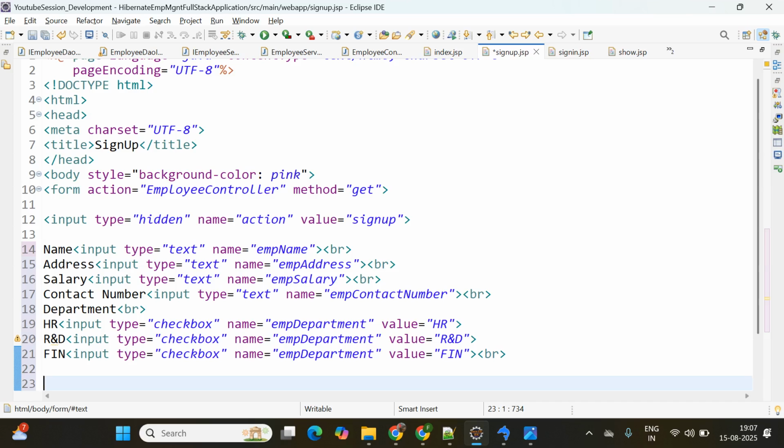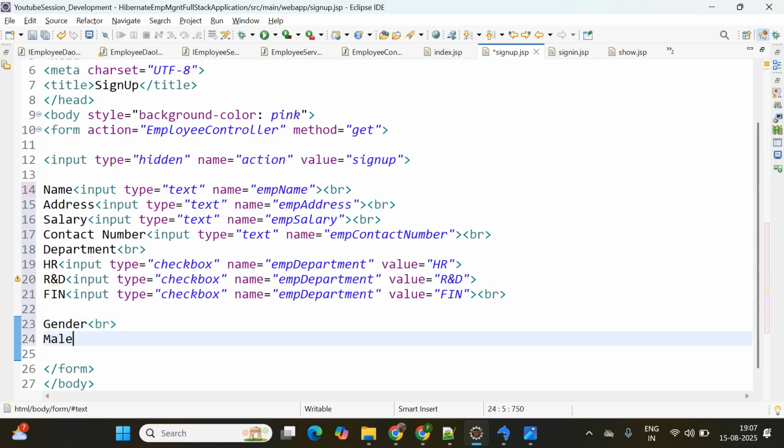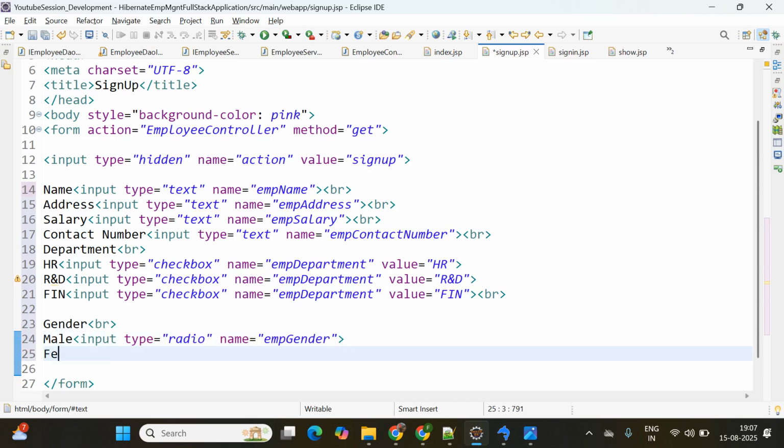Okay, now we'll come up with the next is, we have available gender. For that perspective, you can simply say this will be the gender. Again I'm using here br tag, and this will be male, you can simply say, and the input type equal to, we are giving here, this will be radio, because only one you are able to select, either male or female, right? The name I am giving, this will be, you can simply say emp gender, yes. And then here next we are going to add here, this will be female, and here you can give the value as well,